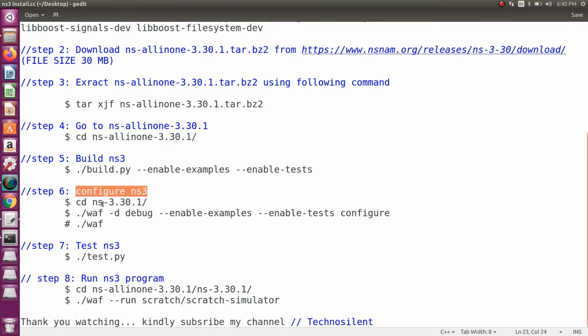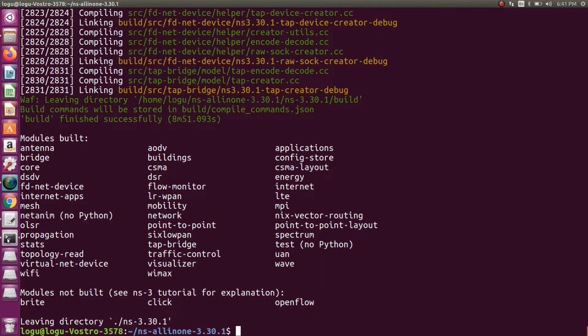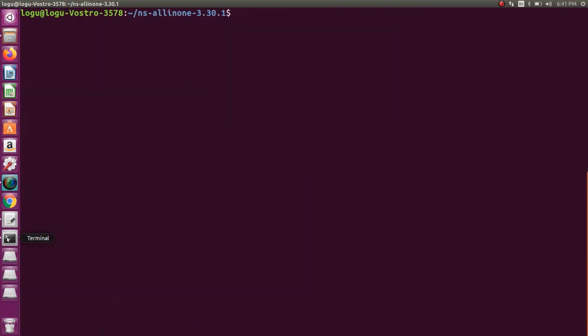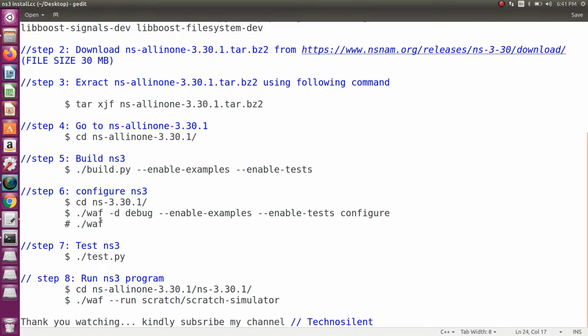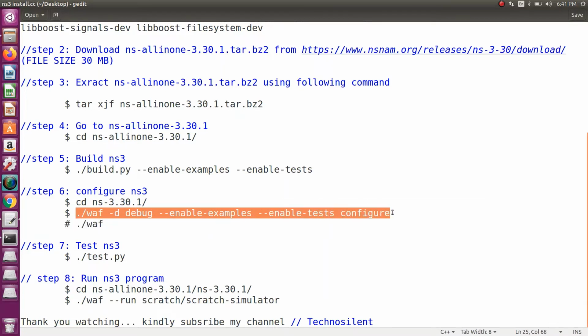First you go to ns-3.30.1. Clear, then cd ns-3.30.1, then enter ./waf -d debug --enable-examples --enable-tests configure.